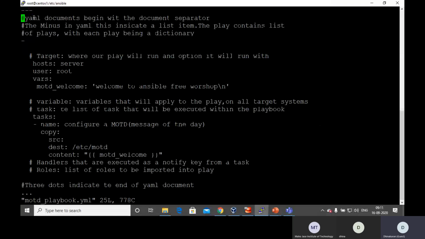Here, the hash symbol is ignored, so it's for writing some notes about your document, like in all programming and scripting languages. Even our Ansible playbook has the same feature. The minus in YAML indicates